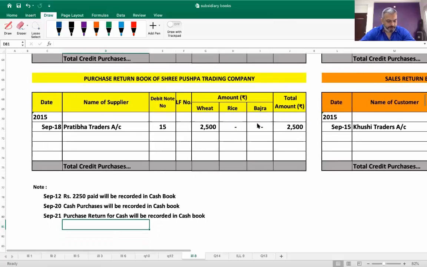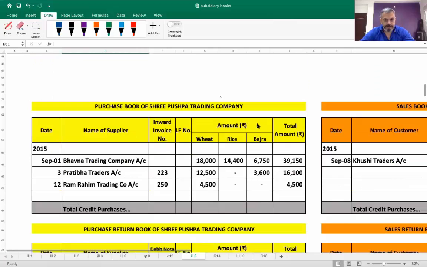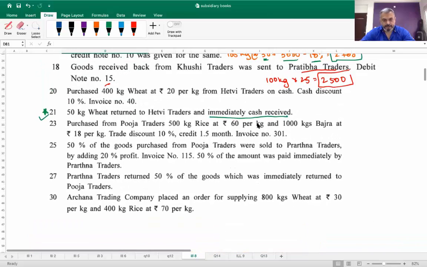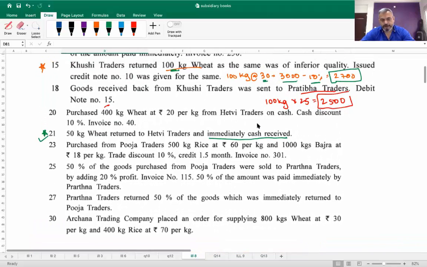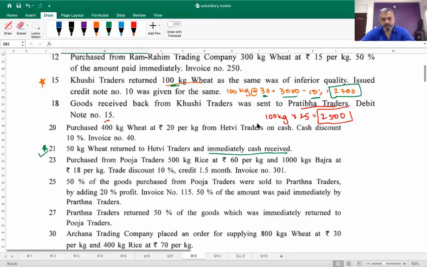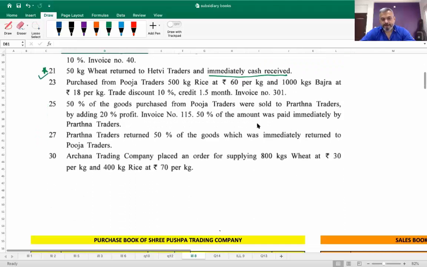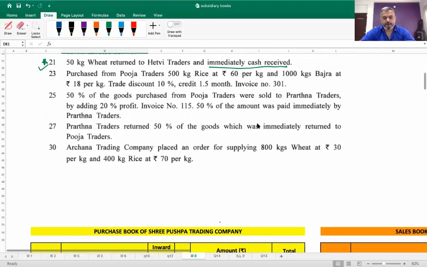Purchase return for cash. We are returning it to Hetvi Traders. Okay, now 23rd. Purchase from Puja Traders 500 kg rice at 60 per kg, 1000 kg bajra at 18